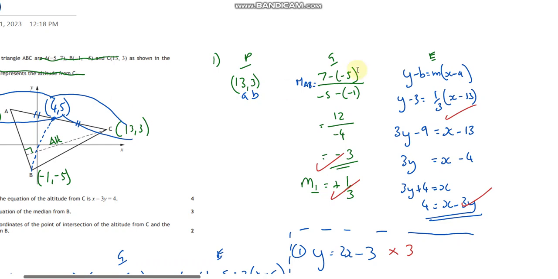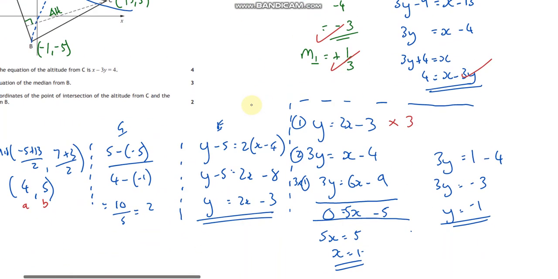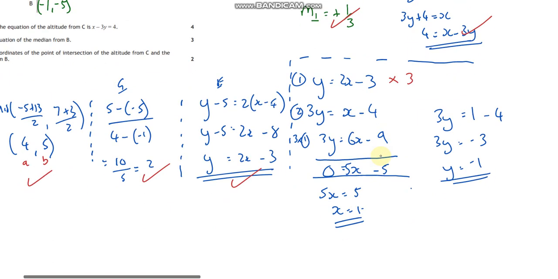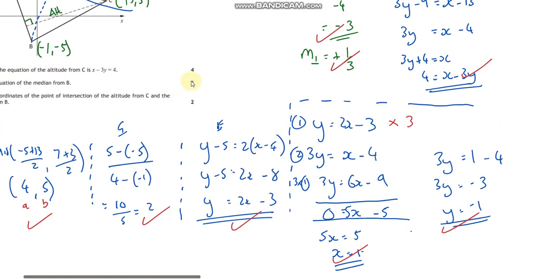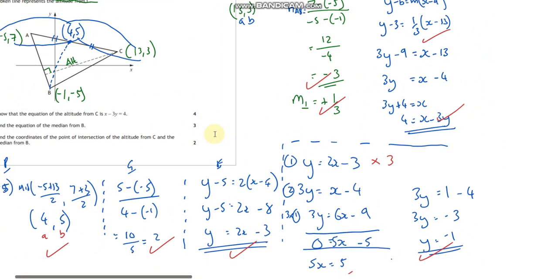The next one, we're getting a mark for our midpoint, 4, 5, a mark for the gradient 2, and then the final answer. And 2 marks, yeah, just a mark for x and y for this. So off to a nice start, 9 marks. I don't think there's anything too